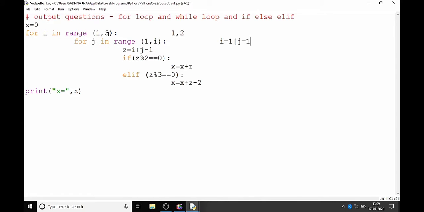So for the first time it will not run. Now I will become 2.